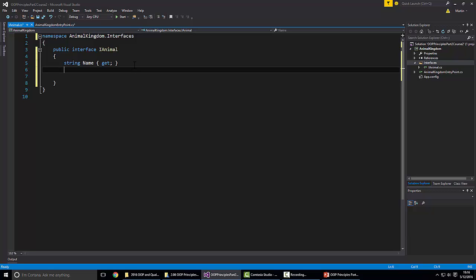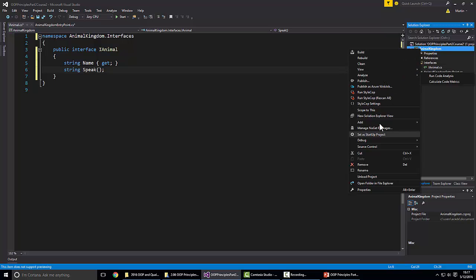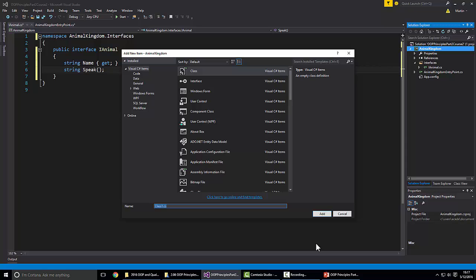And we want to have a single method which is going to be called string speak, which is just going to be empty. And that's going to be it for our animal interface. Let's now make the class from it. So let's make a class here in the main folder of the project. This is going to be called animal,